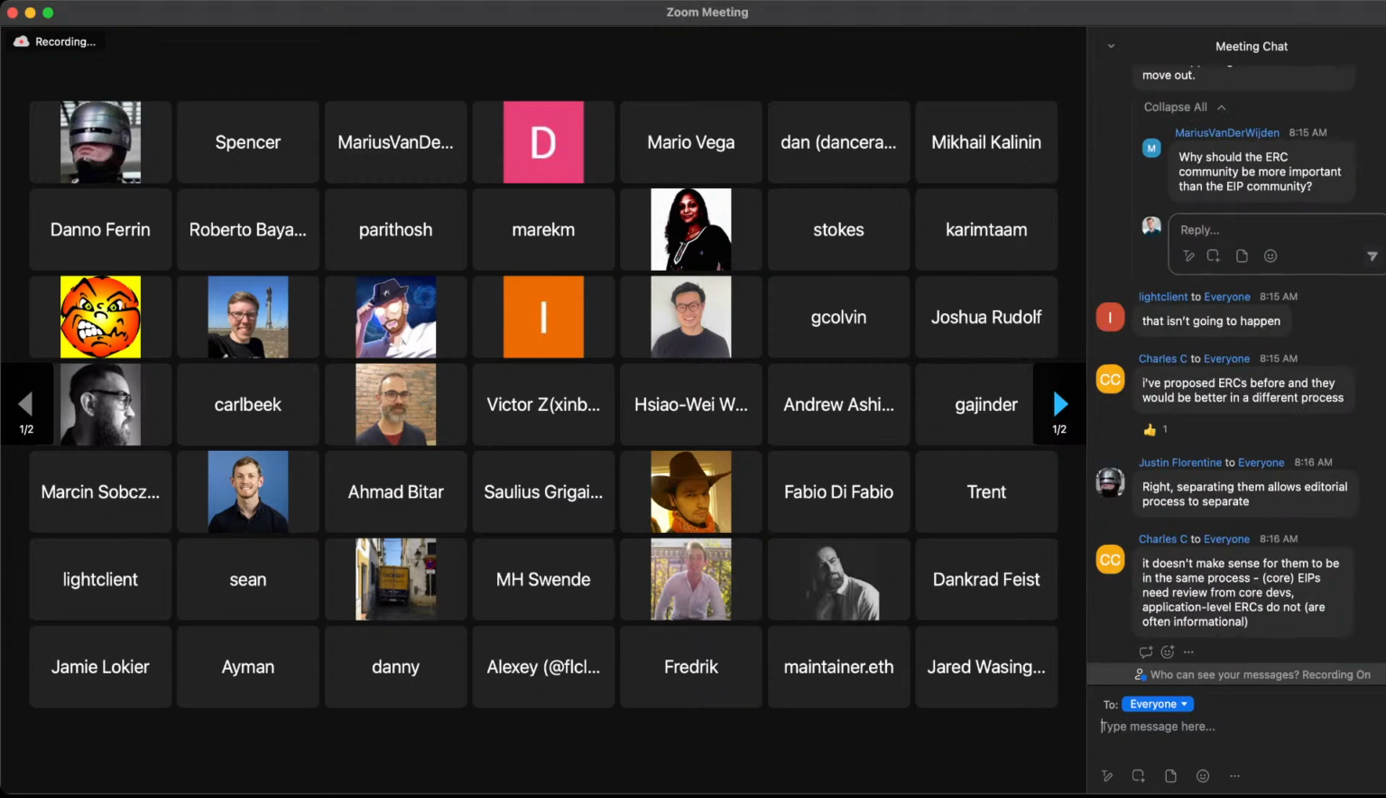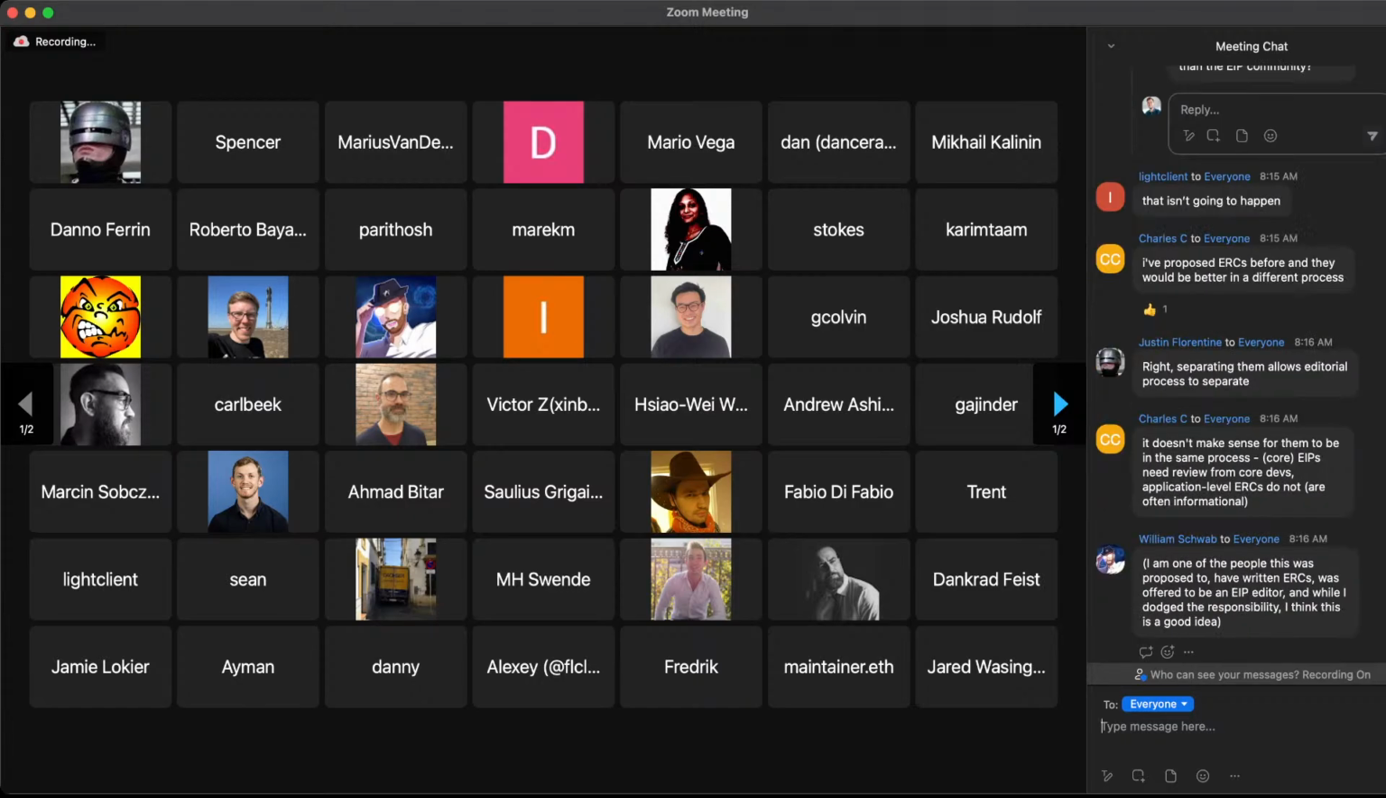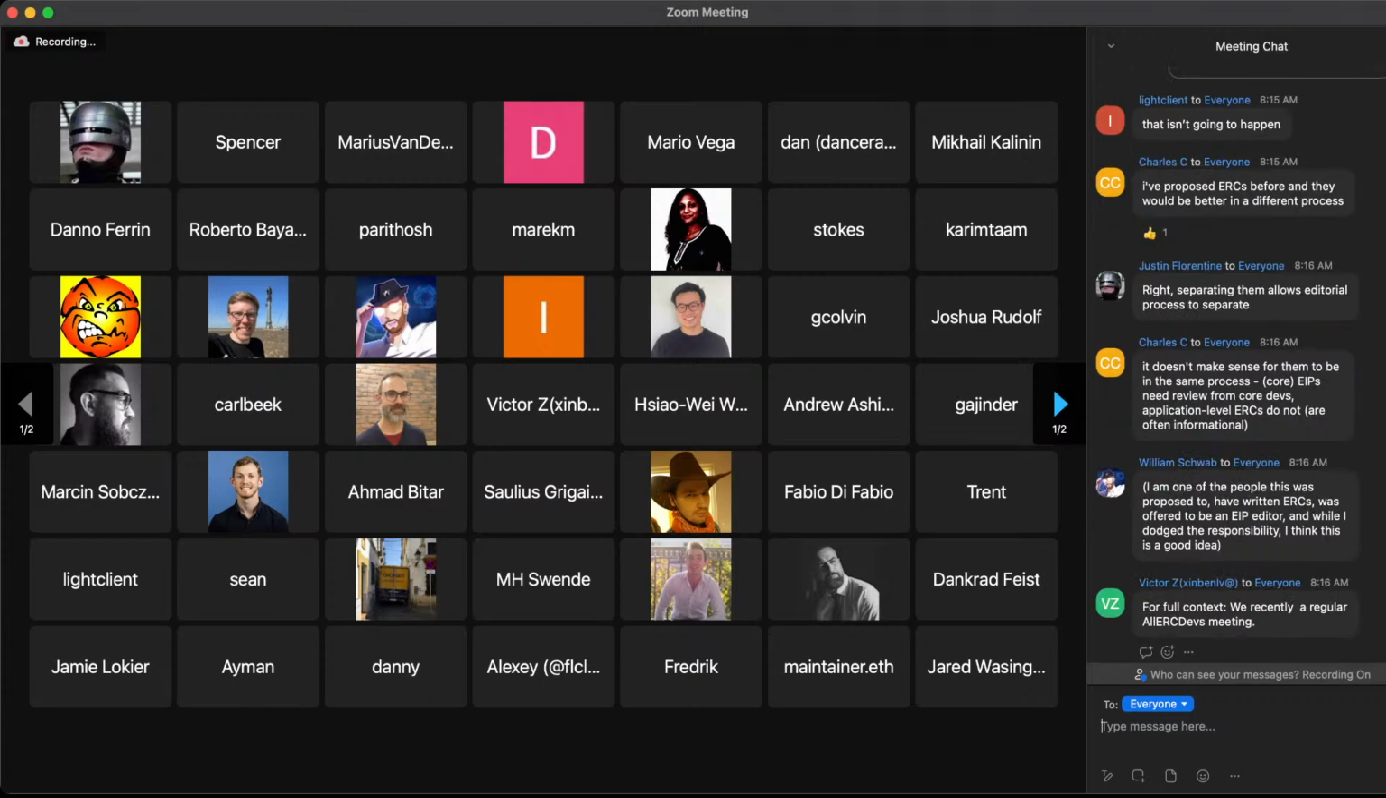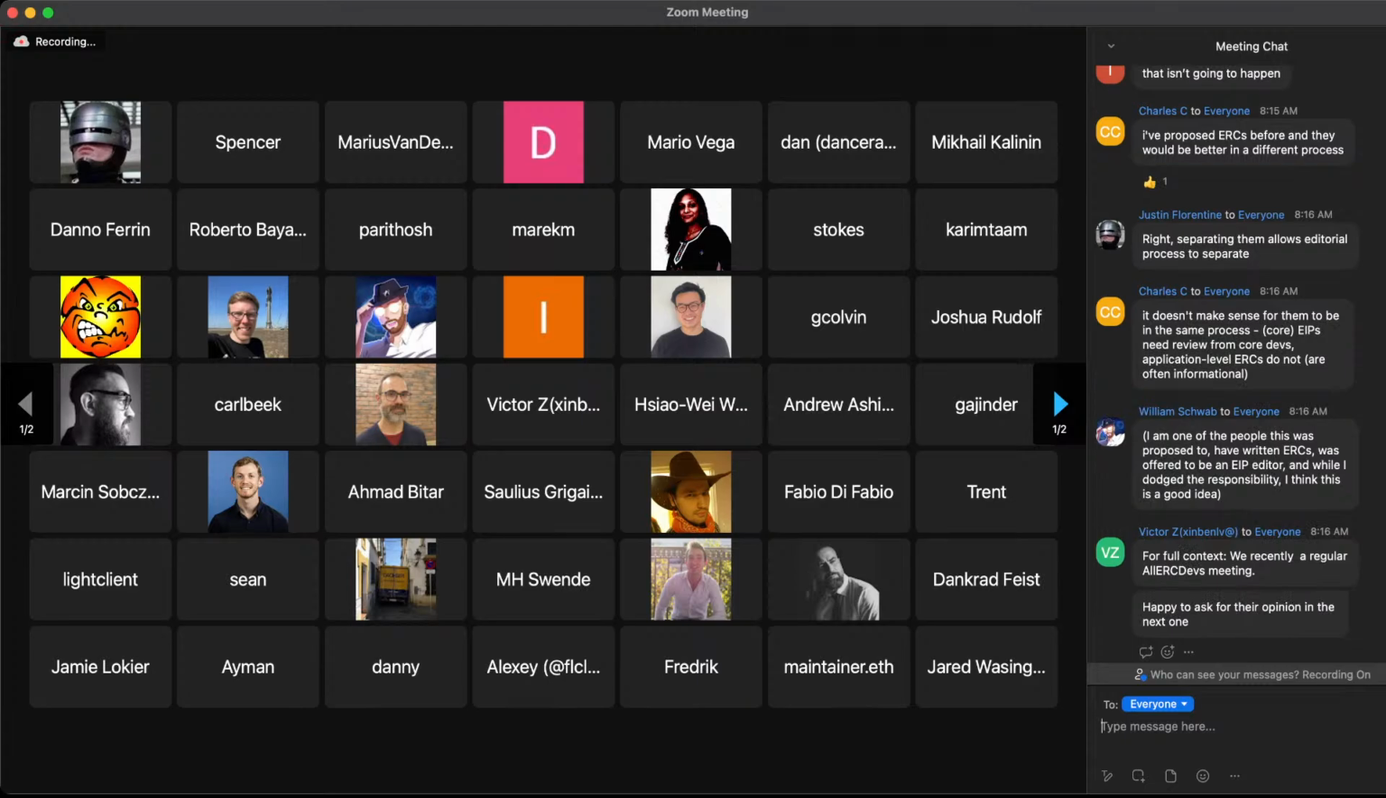So I think if everyone, and it seems like all the client teams and most of the people who write EIPs are in favor of splitting this, I don't think we necessarily need full buy-in from everyone who's written an ERC. I think it's fine to say we're splitting this out. You can use this and you can add editors to the ERC side, but the folks who do most of the EIPs want a separate process, and we can move forward with that. And